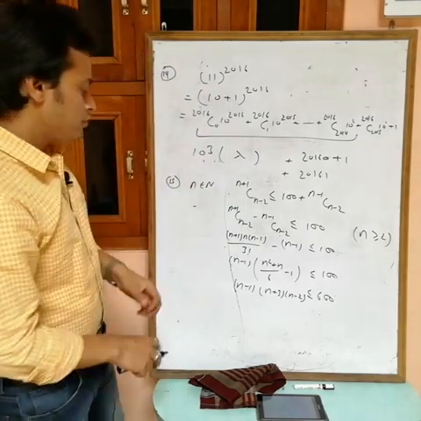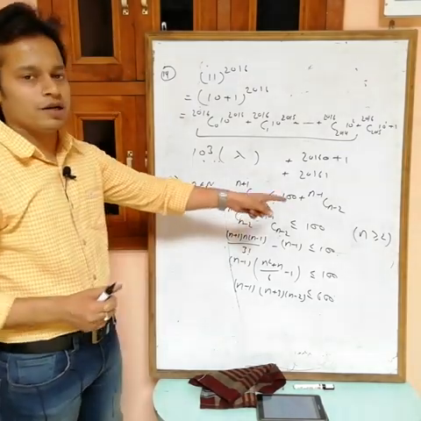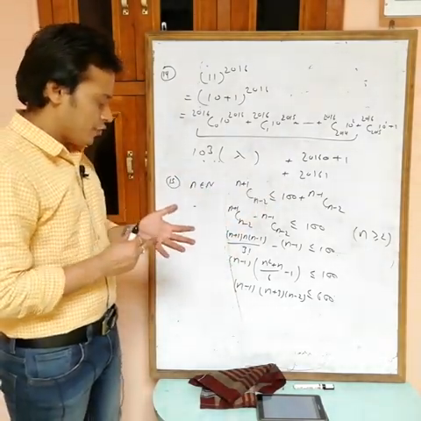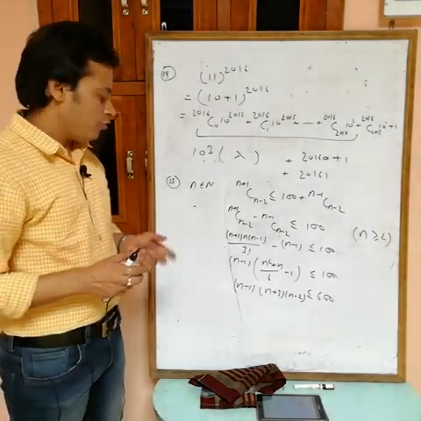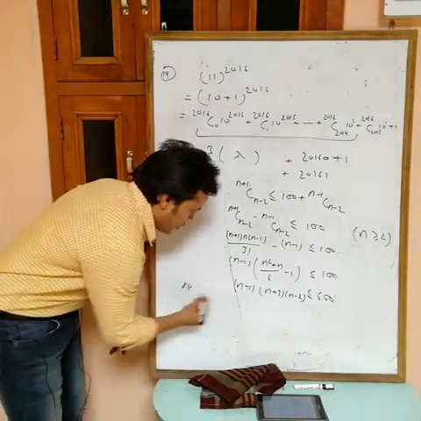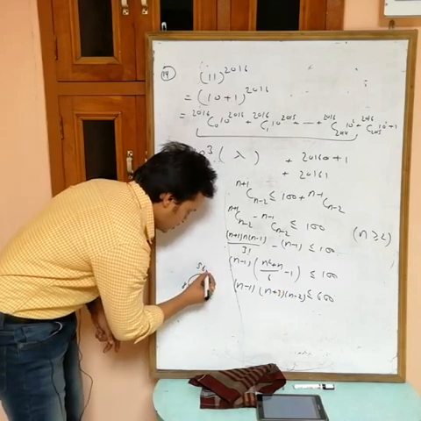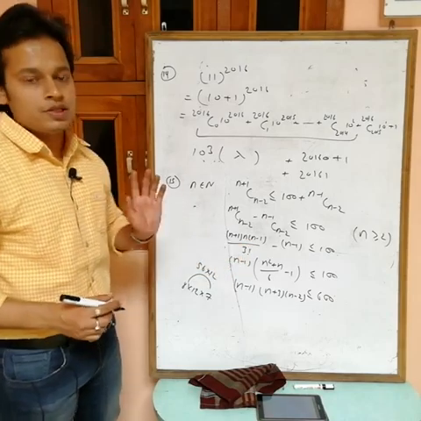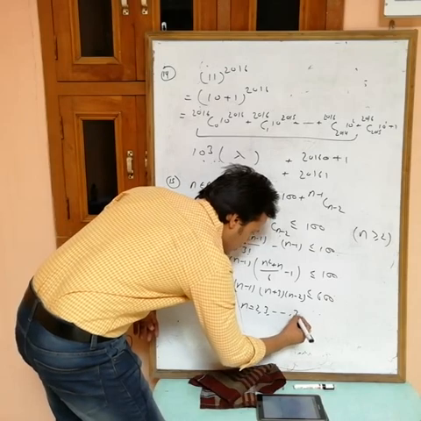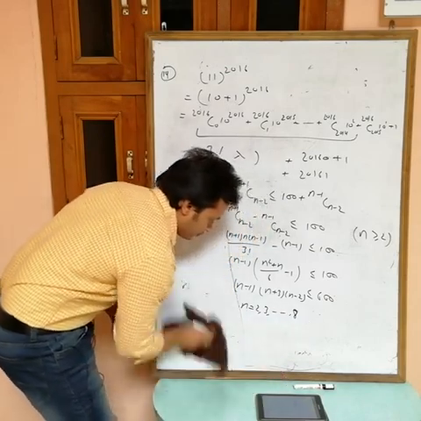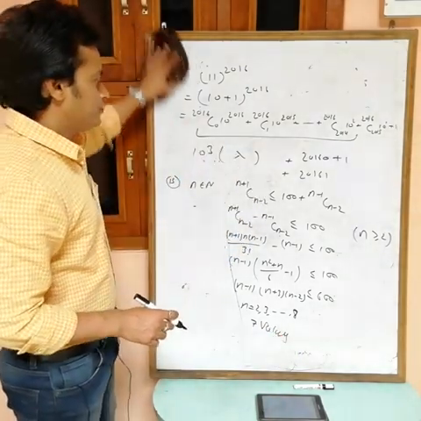Now if you put the values, you will see that n equal to 2 satisfies this one, n equal to 3. We can't take less than 2. n equal to 2, 3, 4, 5, 6, 7, 8, these all satisfy. I can't take n equal to 9. If you put n equal to 9, then this one is 8, this one is 12, and this one is 7. Now this is 56 into 12, now this is not less than 600. So I can take n equal to 2, 3 up to 8, so total is 7. 7 values can satisfy.